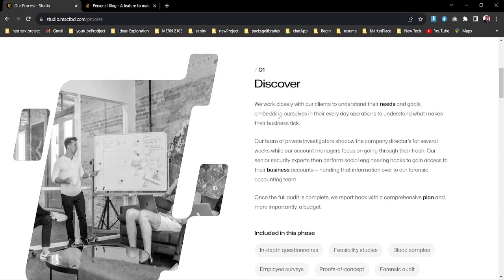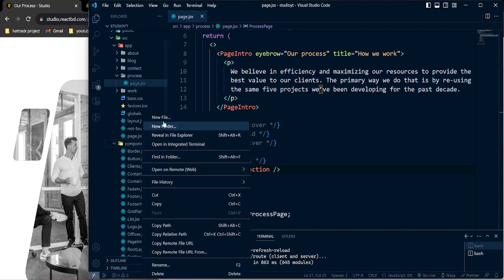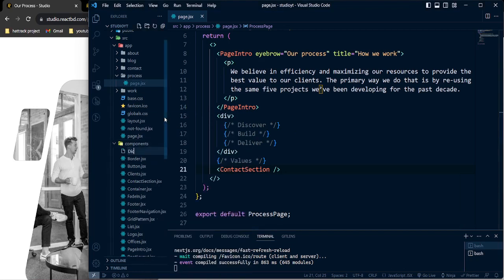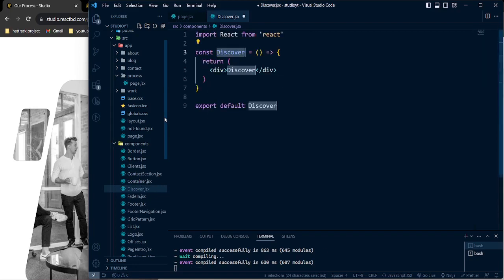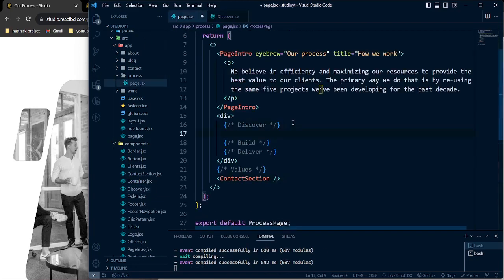So now we will create this portion. Okay, so let's head back here, and to create the discover, let's create a discover component. So it will be discover.jsx. Okay, now in the pages here, I'm gonna take that